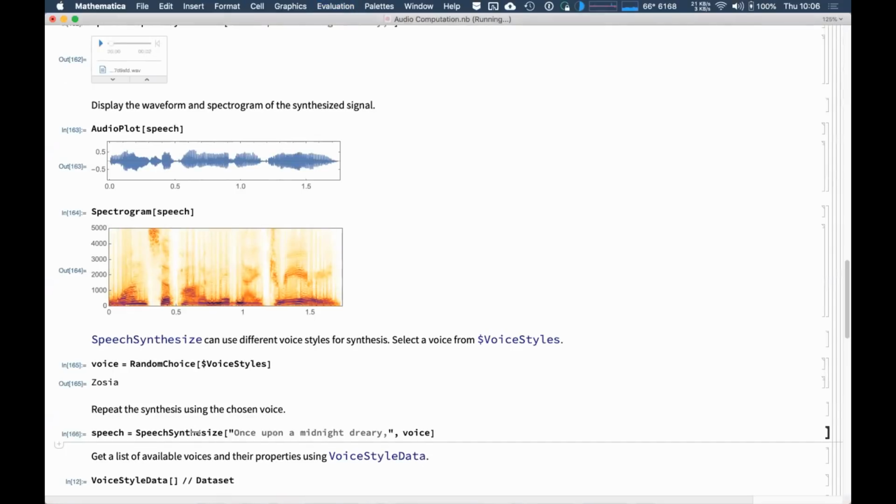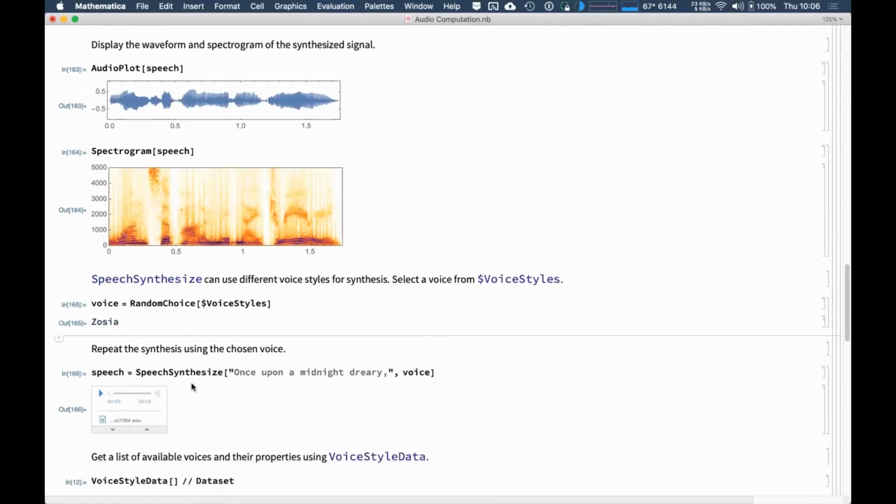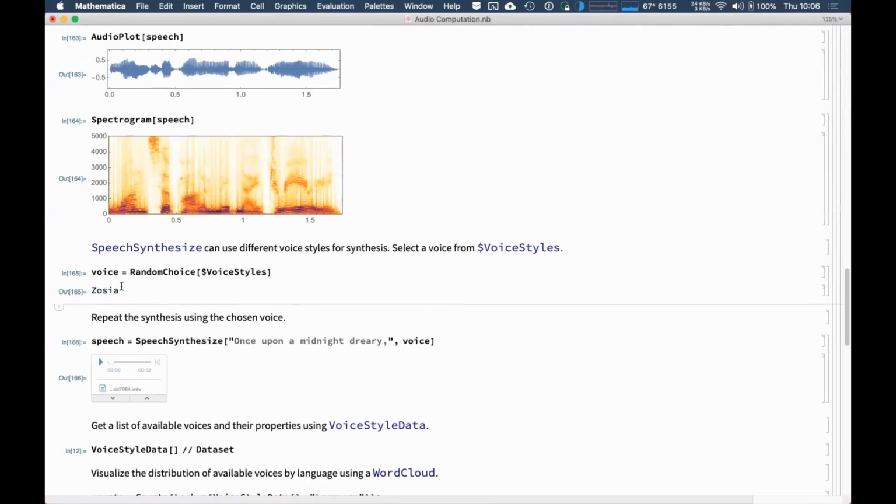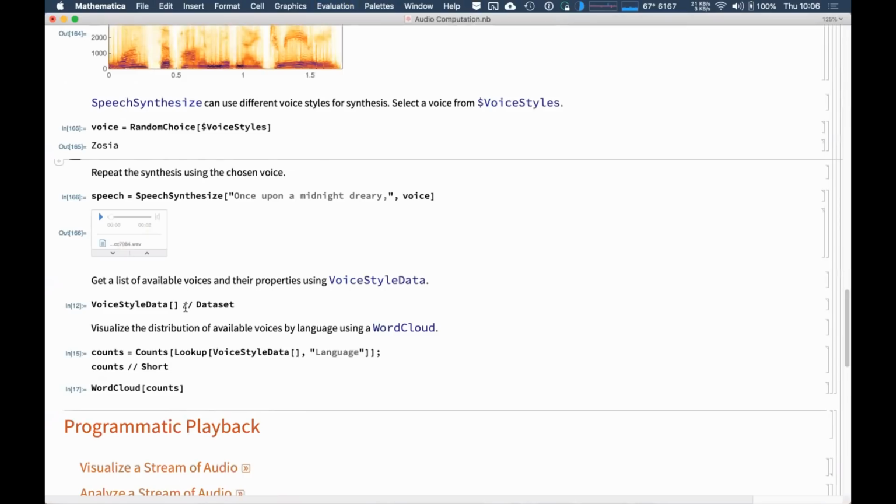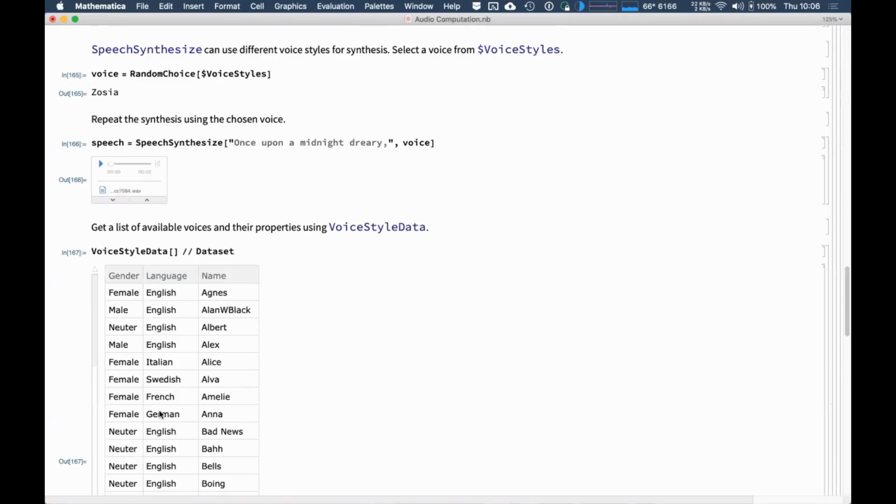In this case, the synthesis will happen using this specific voice. Once upon a midnight dreary. Clearly, this voice is not optimized for English. It is something that probably belongs to another language. To visualize what kind of voices we have available, there is also a very convenient function that holds all of the